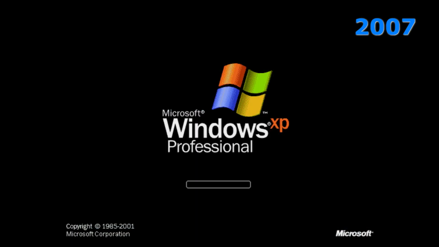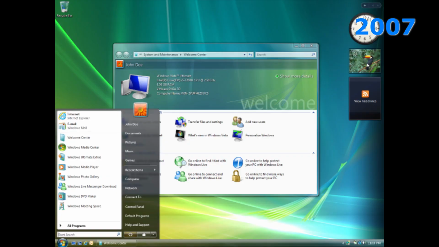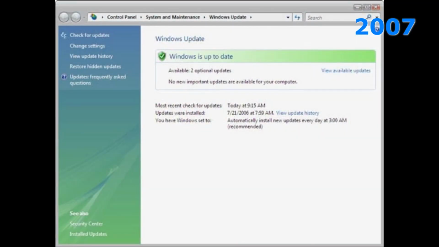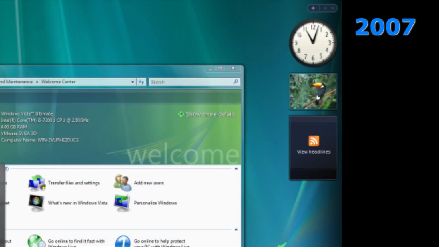The criticism caused many to stay on XP and some others to go along with the hate without trying it for themselves. It introduced a new graphical interface, Windows Aero, most notable for its see-through glass-like effects. The search capabilities were greatly improved. The games were rewritten with better graphics and new ones were introduced. Windows Update was now built into the operating system. Multimedia applications got significant updates. You could now have widgets right on your desktop.